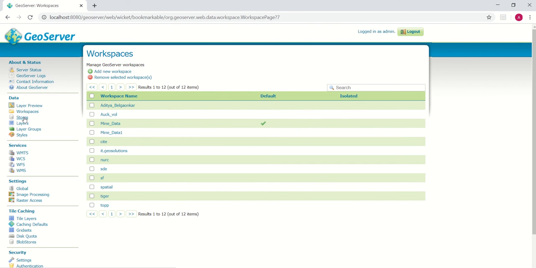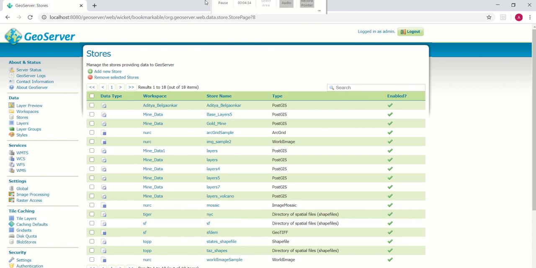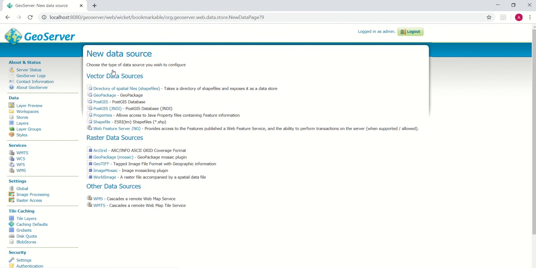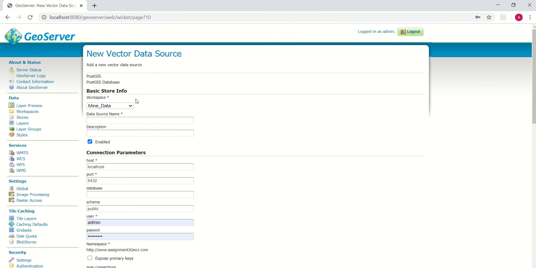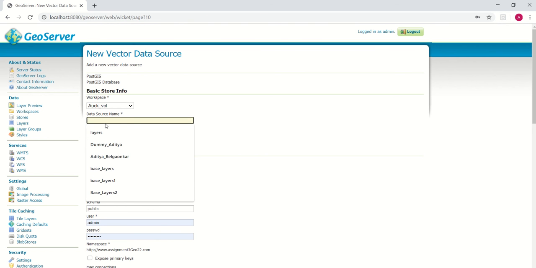Now click on Stores. To pull the data from Postgres, select PostGIS under the Stores. Give the name of the workspace that we have created. Give the data source name.